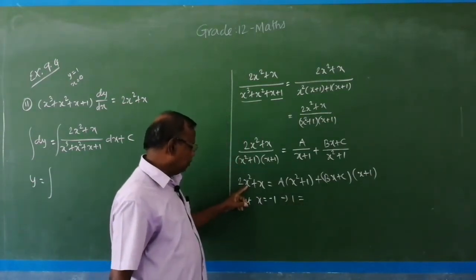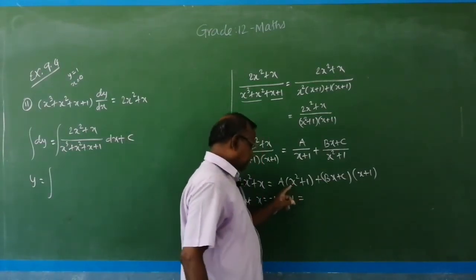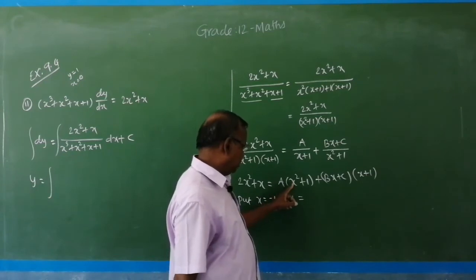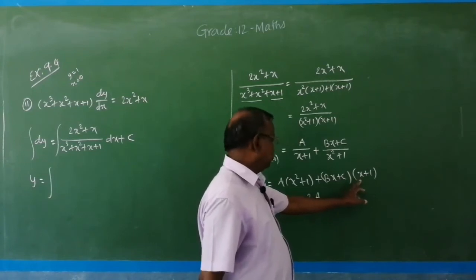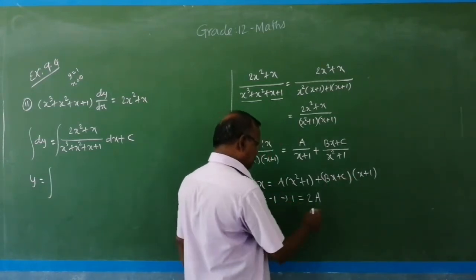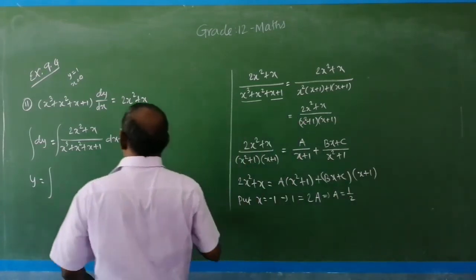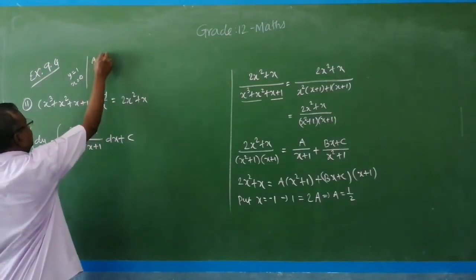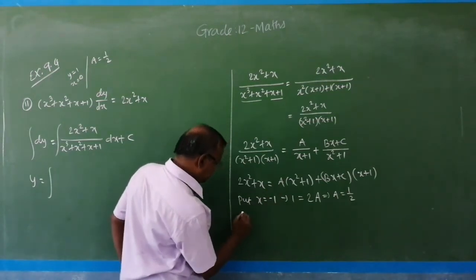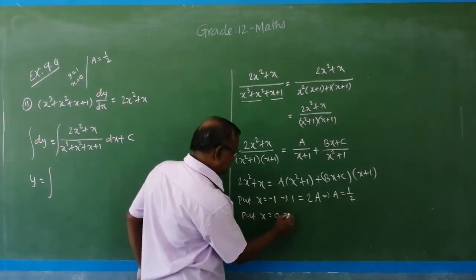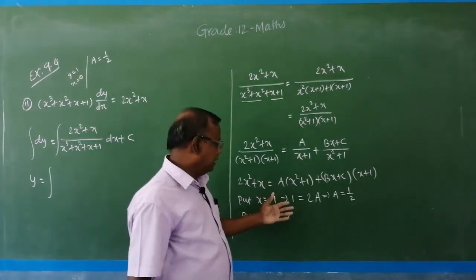Here minus 1 the whole square is 1, 1 2s are 2, and 2 minus 1 is 1. In the RHS, x square equal to minus 1 the whole square equal to 1, 1 plus 1 is 2, that is 2a, and the entire other part is 0. So 2a equal to 1, so a equal to 1 by 2. For our convenience, let us write a equal to 1 by 2 and put x equal to 0. We substitute some simple values like minus 1, 0, plus 1, so that we can easily calculate the values of a, b, c.